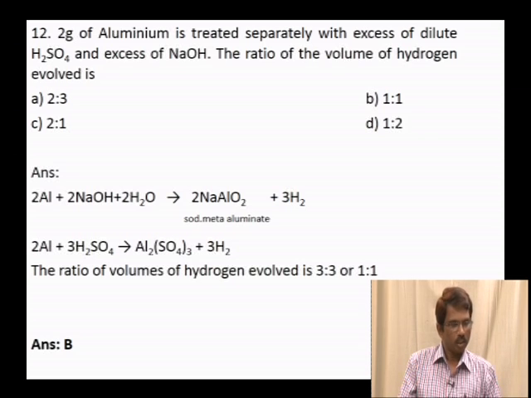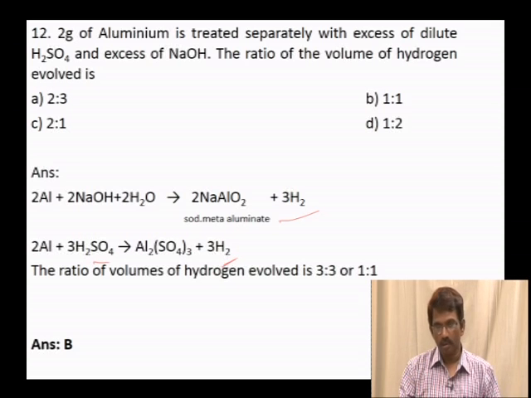So when aluminium is made to react with sodium hydroxide solution, you get NaAlO2 plus 3H2. As in the equation, you get 3 moles of hydrogen by the reaction of 2 moles of aluminium, and the same 2 moles of aluminium would react with sulfuric acid, liberating the same 3 moles of hydrogen gas. Obviously, the ratio of volumes of hydrogen evolved will be 3:3 or 1:1, and hence the correct option is option